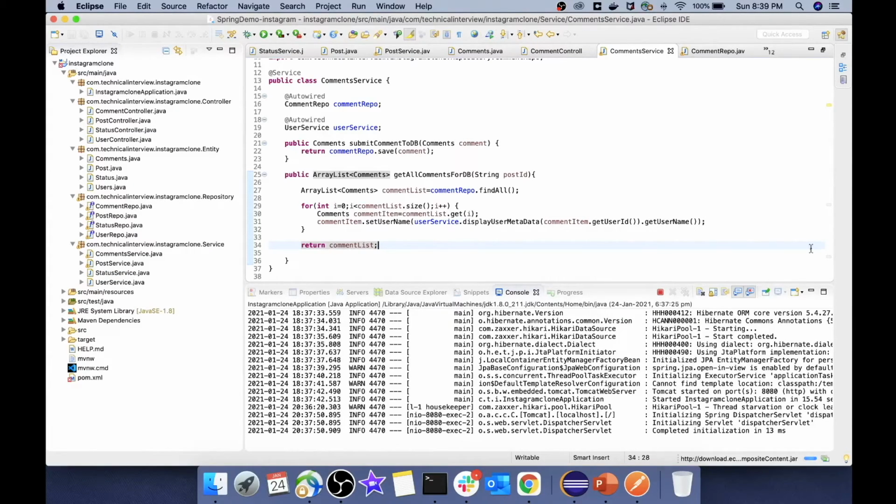So in case you need to implement each and every component, feel free to pause the video and go through the code. And in case you miss something, feel free to go to my Git profile and get the code over there. I will be attaching the entire project over there, and I will provide the link in the description below. So let's start with the implementation of the comment API over here.